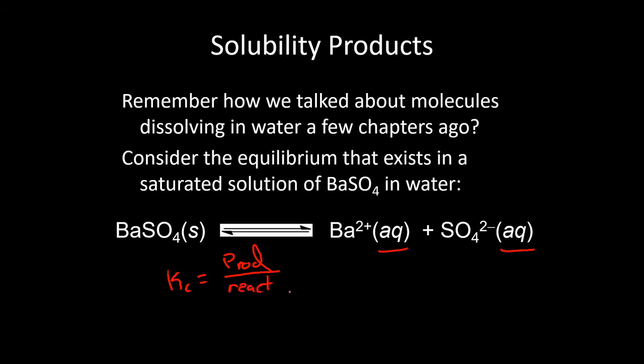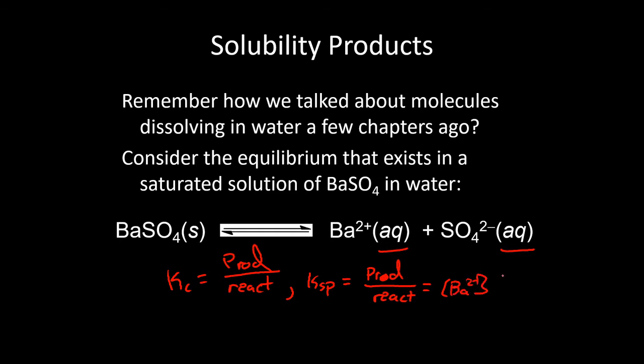When we're talking about solubility reactions like this, we're going to give it a special name. We're going to call it Ksp, which is just the solubility product, but it is still just going to be products over reactants. So we're not changing the actual math here, we're just giving it a special name, very similar to what we did with the acid dissociation constant. And so for this particular reaction, Ksp is just going to be